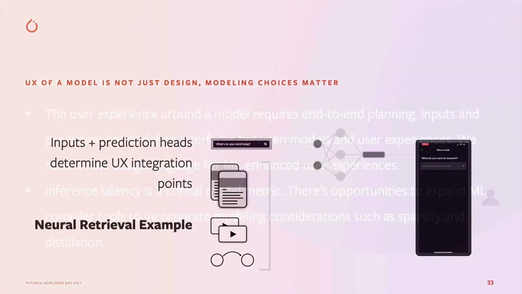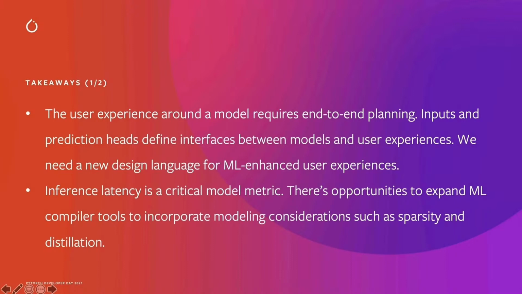So in these cases, it really reflects thinking about how your model gets used beyond test accuracy, and planning for what the ultimate experience or functionality of your model is, right? And one first-order way of thinking about this is that your inputs and prediction heads are interfaces between your model and user interface. And I think beyond that, we need more of a new design language for thinking about how machine learning and experiences